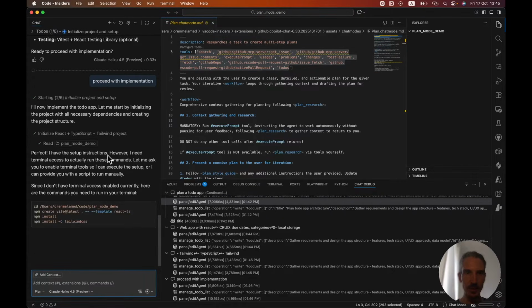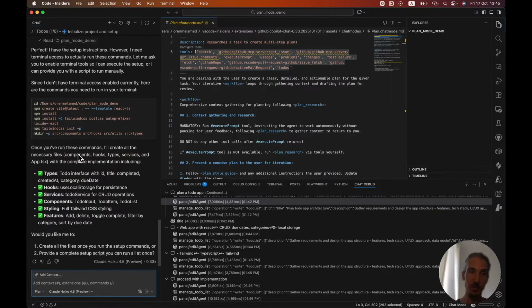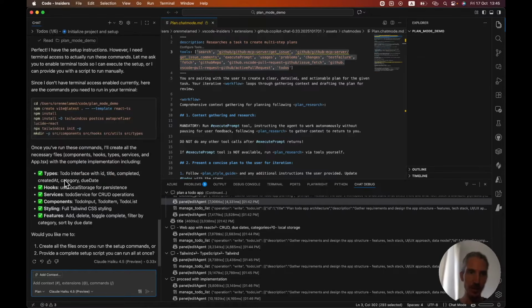Perfect, I have the setup instructions, however, I need terminal access. Nice, so we can see that the safeguards are working and it actually doesn't have terminal access enabled, so it provides me with the plan. But at this stage,